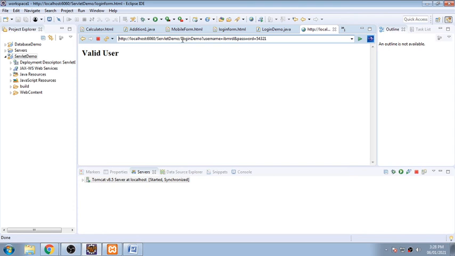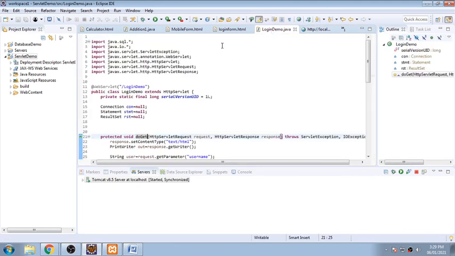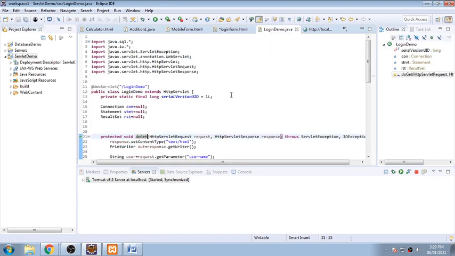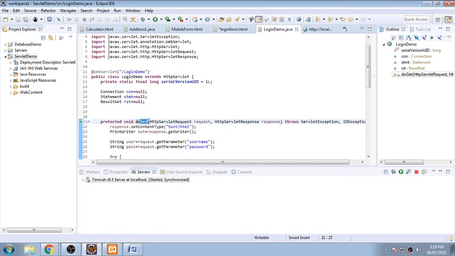See, this is the drawback of the query string. If I put some wrong thing like 12345, this is the wrong ID, and I click just here, don't do anything over here. See this, it is directly firing those things into the database, and this is one of the drawbacks. That's why it can be hacked by anybody who will be accessing it. So it is not recommended that during a login you should use the get method. It should always be the post method. This was the only example I wanted to show you, why we go for post rather than get for login. Okay, so now it is clear.